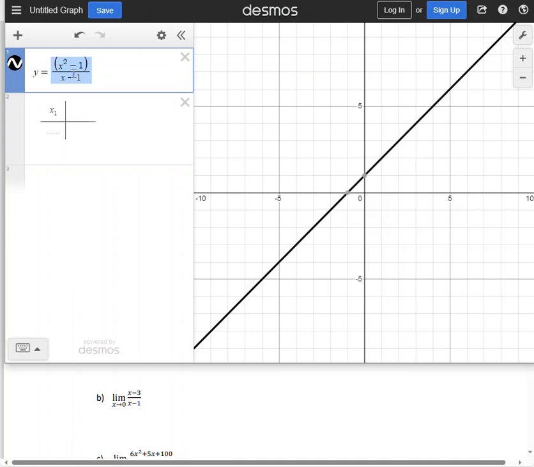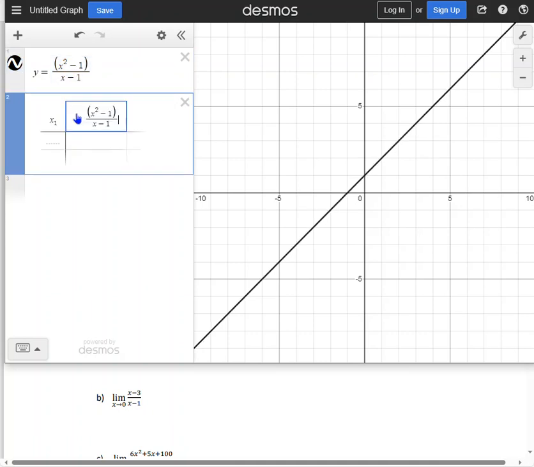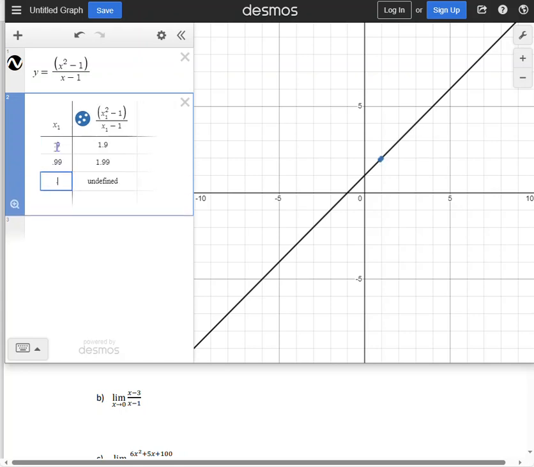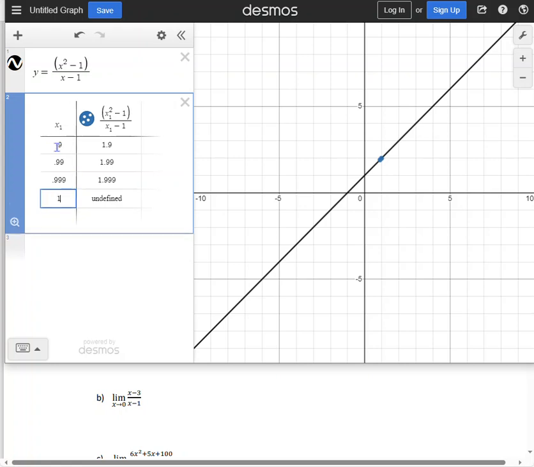Here's what I'm going to do. I'm going to copy, Control C. I'm going to pop a Control V in here. But you see how this has x1? I'm going to just type the number 1, and it's going to become a subscript on my x's. Now, as we get close to 1, from the left or from the right,